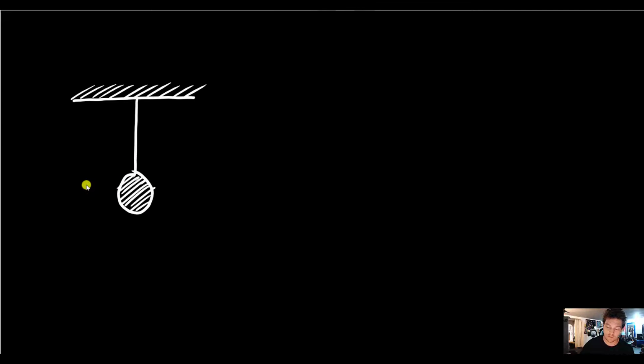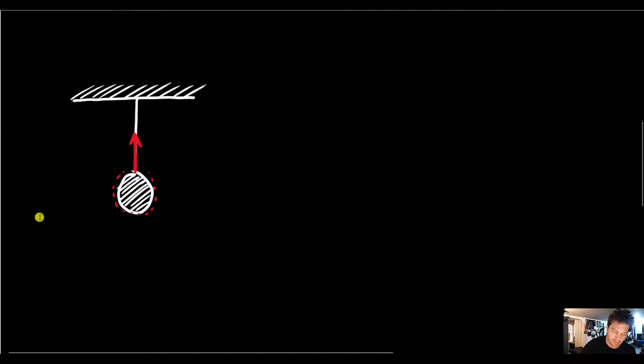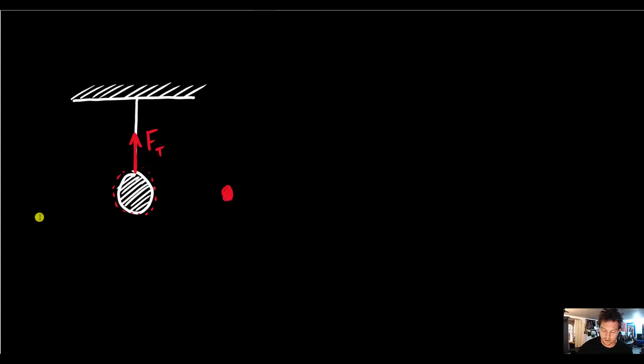So first thing I do is I take a look and say, okay, what are all of the contact forces for this ball? If I'm looking at that ball, then what I have is this force of tension that's going up on the ball in the direction of the rope, and that's the only thing that I have touching it. So when I go to draw this free body diagram, I have the force of tension that's going straight up, and then my long range force is going to be the force of gravity,